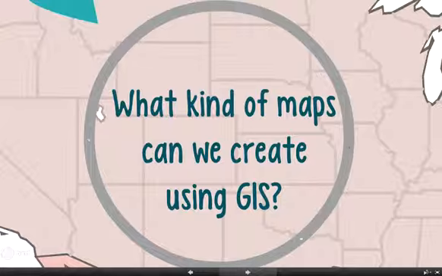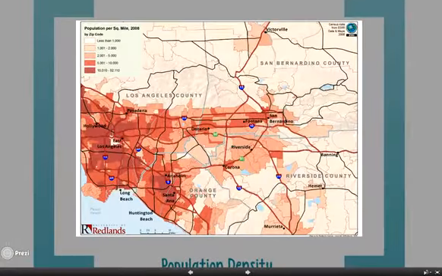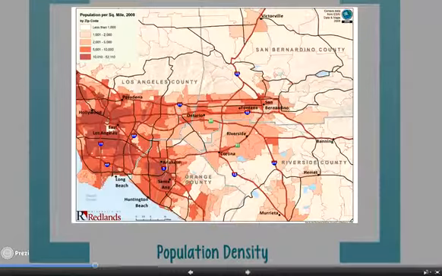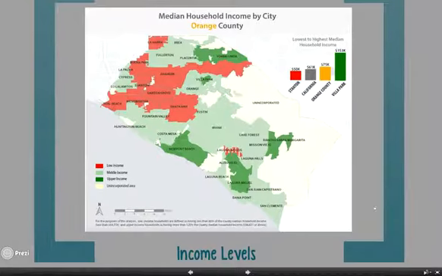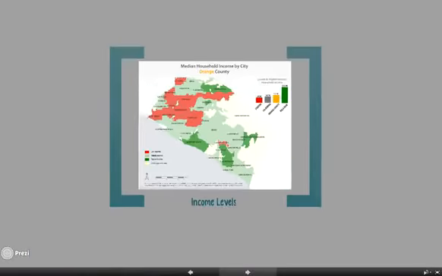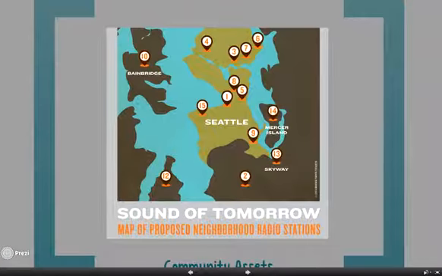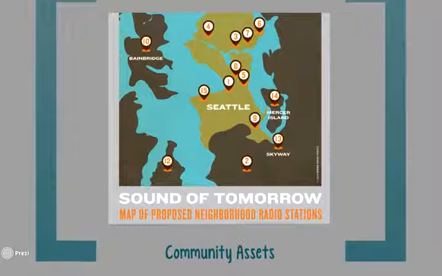So what kind of maps can we create using GIS? You can map something like population density. If you have a population of interest and you want to see where in the world it is located, you can use that. You can also map things like income levels or poverty levels. In this example, we have different annual incomes for cities in Orange County. You can also map particular things. So for example, we have this community assets map that shows the location of organizations that have community-led radio stations